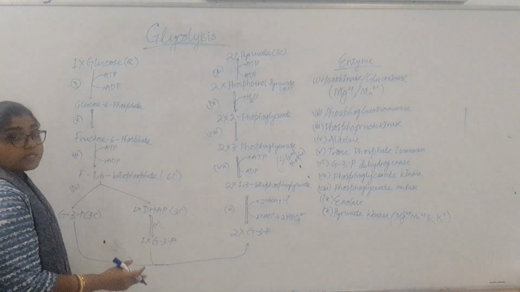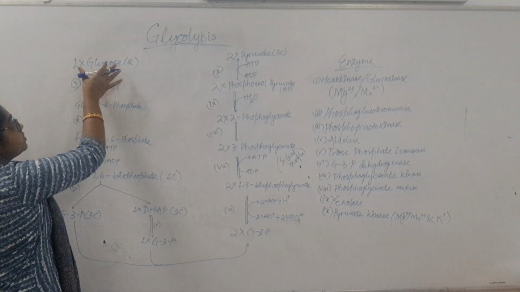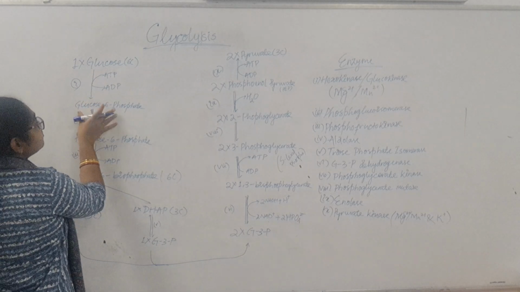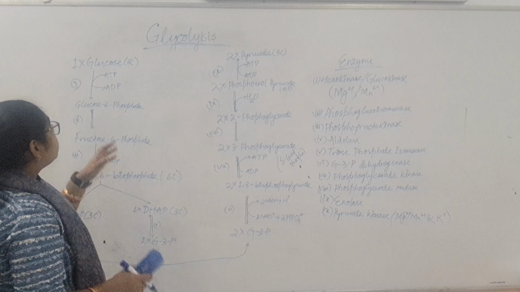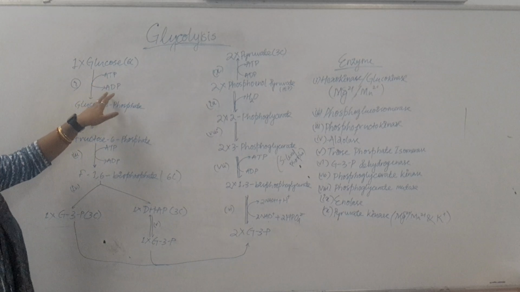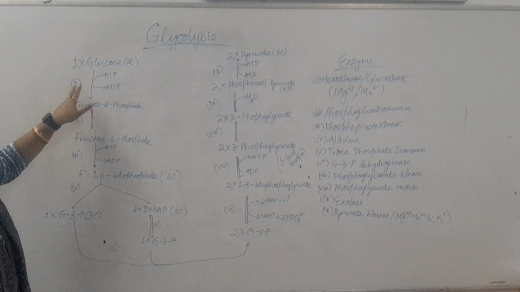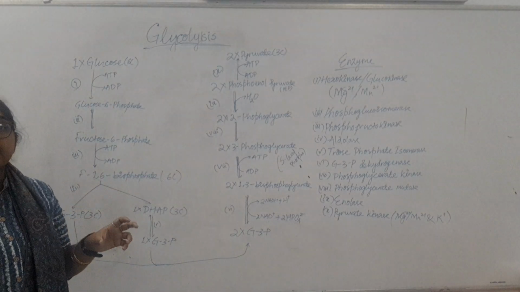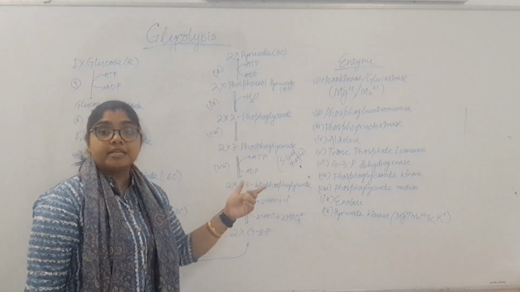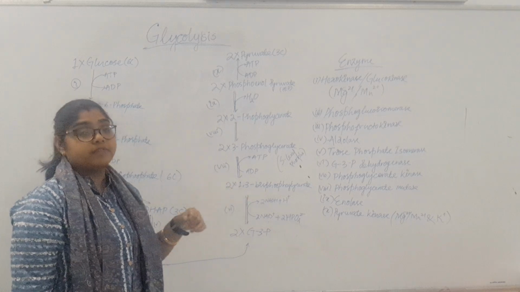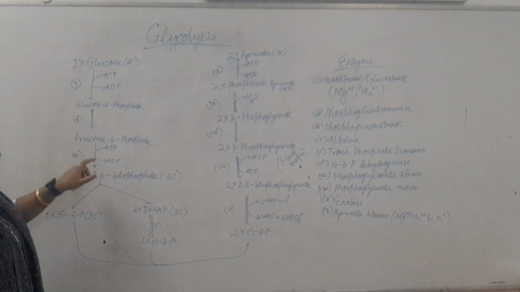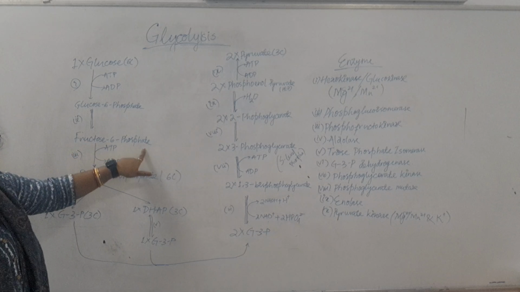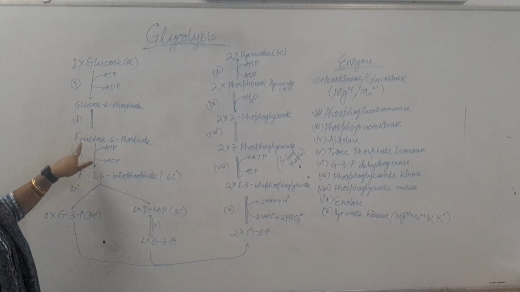So let's summarize once again. One glucose molecule will undergo a phosphorylation process, and here it will produce glucose 6-phosphate. In this process it removes one phosphate group from ATP, and the enzyme responsible for this conversion is hexokinase, specifically glucokinase, that requires magnesium or manganese ion for the activation. Now this glucose 6-phosphate will convert to one of its isomers, fructose 6-phosphate, and the enzyme responsible for it is